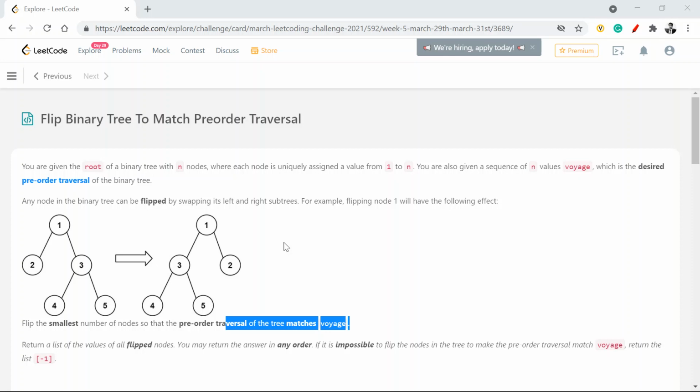What this question says is that, given the root of a binary tree with n nodes, where each node is uniquely assigned a value from 1 to n, and we're also given a sequence called voyage, we need to do a pre-order traversal. In case any of the nodes is not matching, we need to flip it with the left child or the right child, whichever you're looking at. And after flipping, if the updated tree is matching with your input voyage list or array, then we return